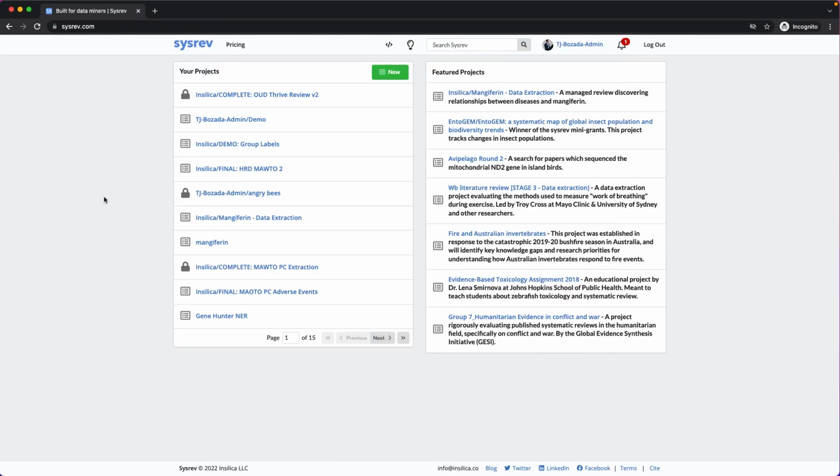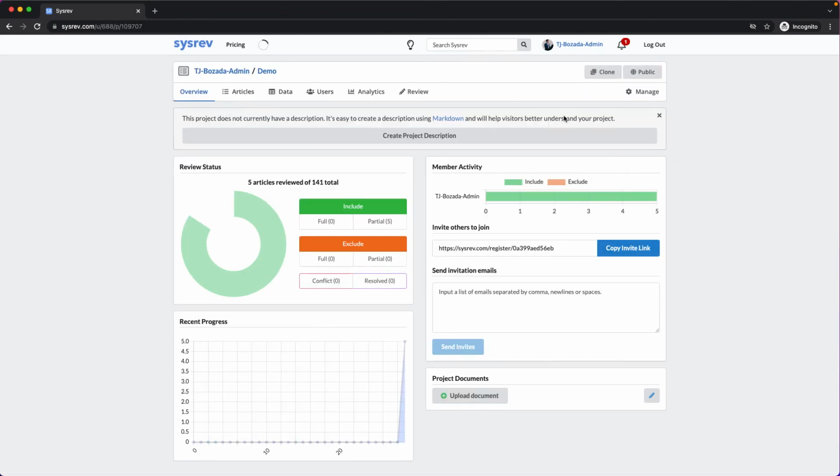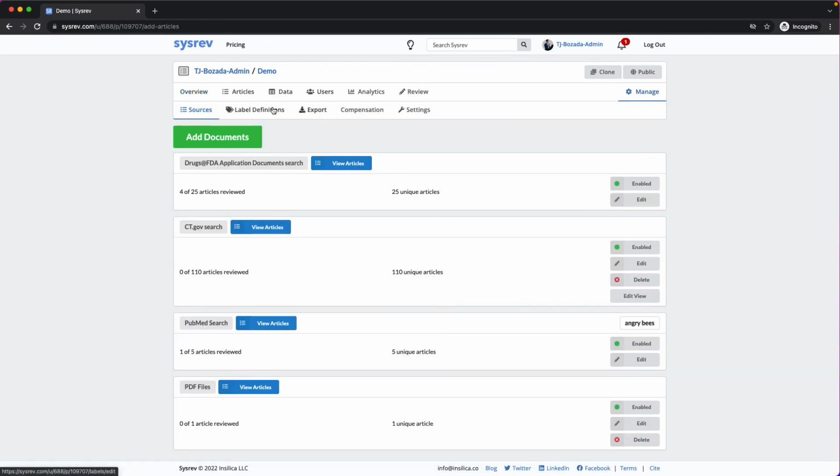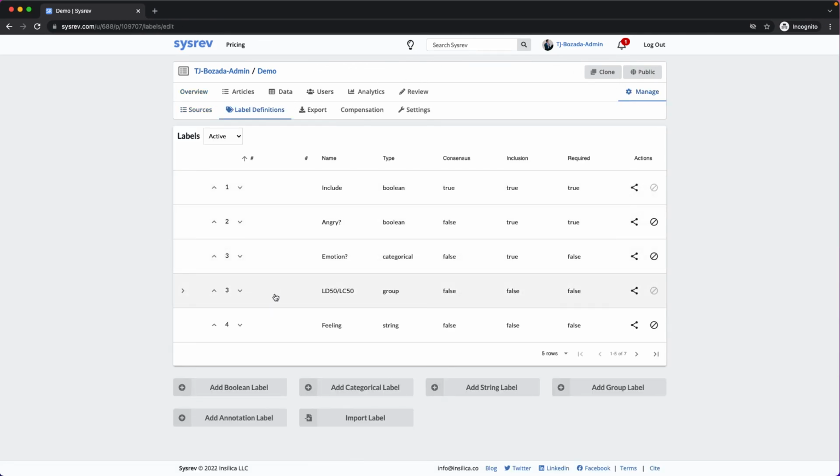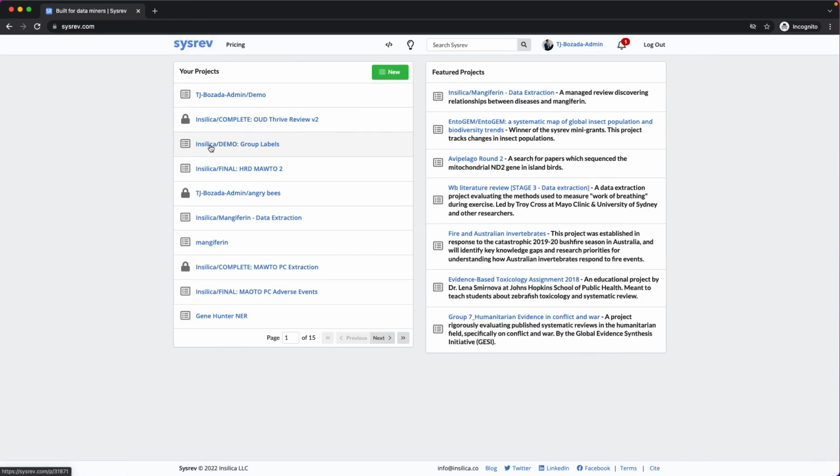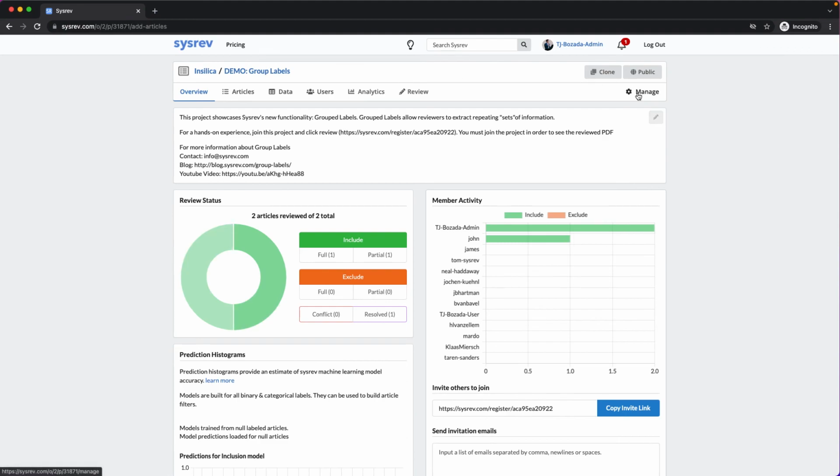Now that we've seen how Cisrev operates, let's take a look at how to standardize, replicate, and extend your research across Cisrev projects. If we return to our demo project and look at the labels, we can see that we've already pulled in the LD50 LC50 group label from the group label demo project. Let's go quickly grab the other group label. Navigate to the project, return to the label definitions,